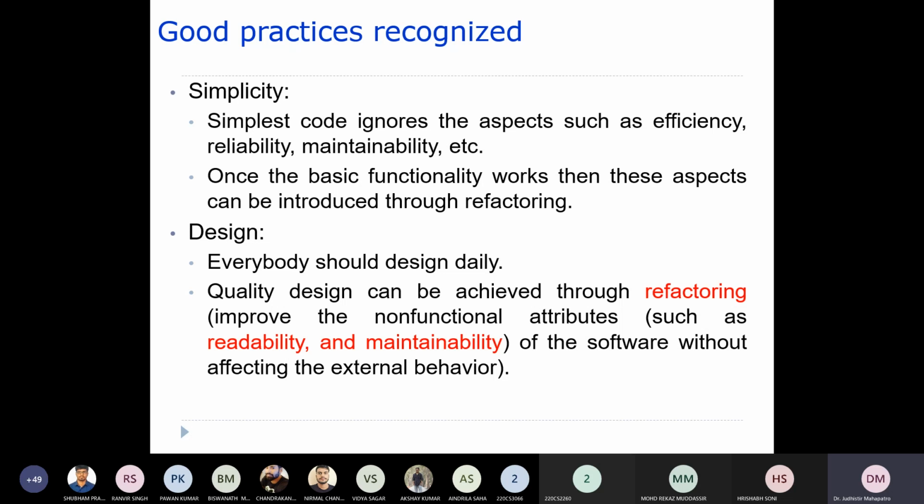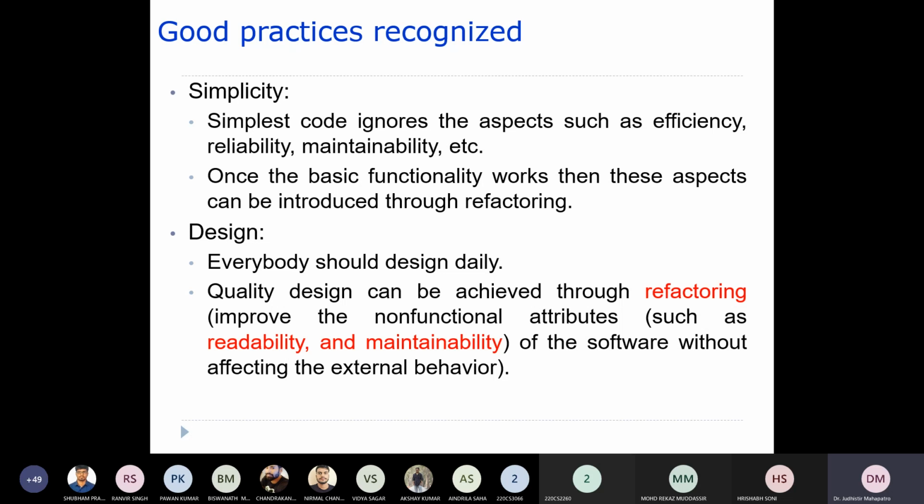Okay, so that means you modify the design in such a way that it will not affect the external behavior of the system. That means the functionality should not change over time. The functionality should be the same. The only thing you will be trying to improve is the non-functional attributes such as maintainability and readability.